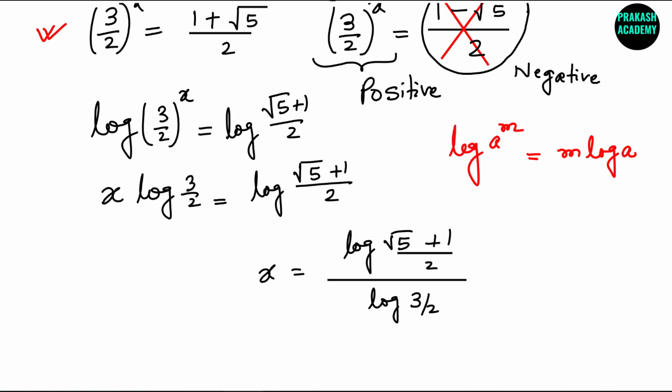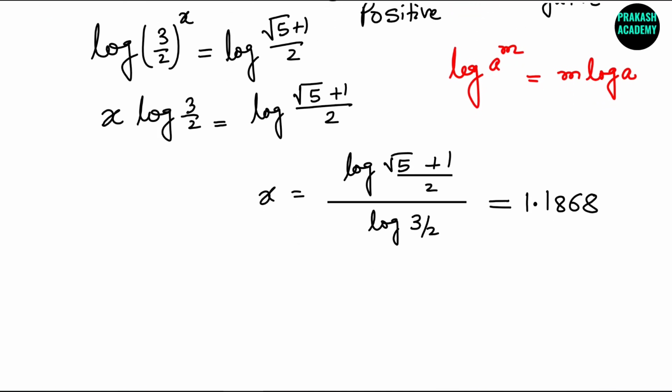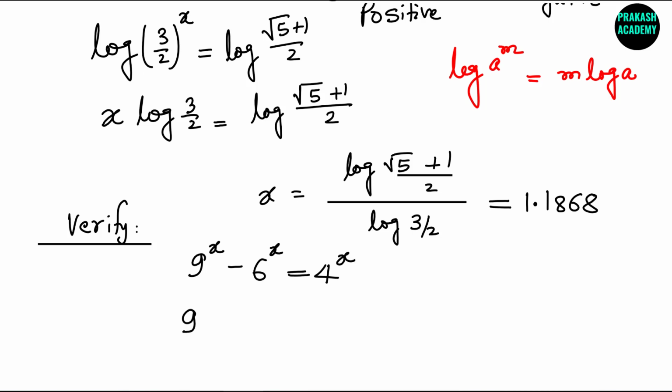If you plug in all these values, this will be around 1.1868. Now we can also verify whether this satisfies the original equation or not. That is always a good idea. So let us verify. The original equation we have is 9 raised to the power x minus 6 raised to the power x equals 4 raised to the power x. That is 9 raised to the power 1.1868 minus 6 raised to the power 1.1868 equals 4 raised to the power